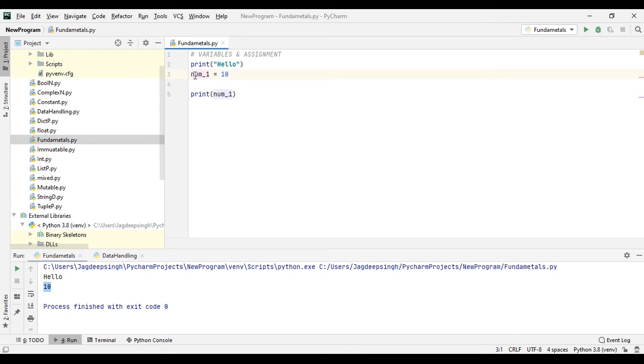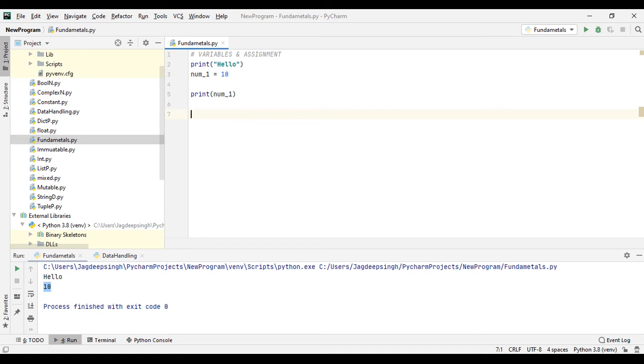For example, the name of a variable should start with an alphabet or underscore. To cover the space between two words, we will use an underscore while defining the name of a variable. The equal to sign is used to assign the value to the variable. And then we use a print function to print the value of number 1. In this way you can use the variable for assignment.